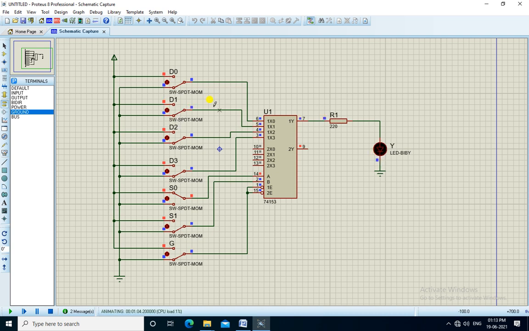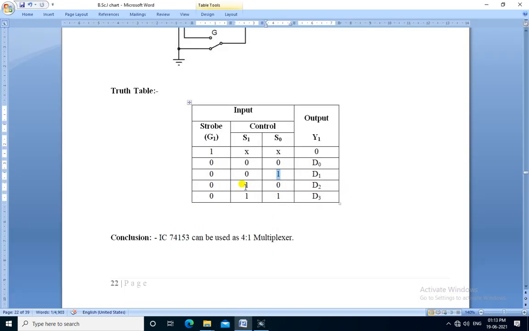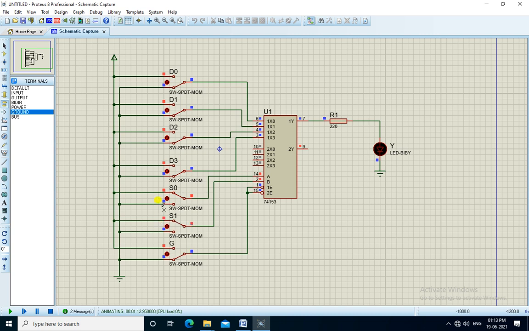If we change it to 0, the output becomes 0. Next, if S1 is 1 and S0 is 0, then D2 is connected at the output. So if you change the D2 to high, the output becomes high, and if you change the D2 to low, the output becomes low.